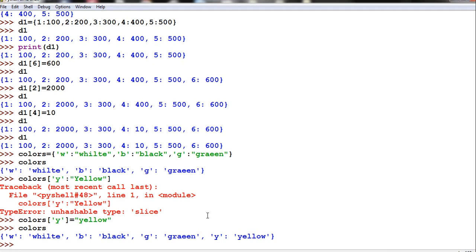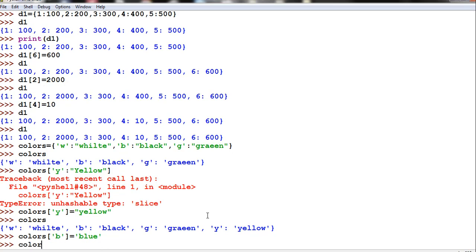Alright. Now I can change the color. In place of B, I want to change it to blue now. Okay. B means not black, B means blue. Now colors we can change.